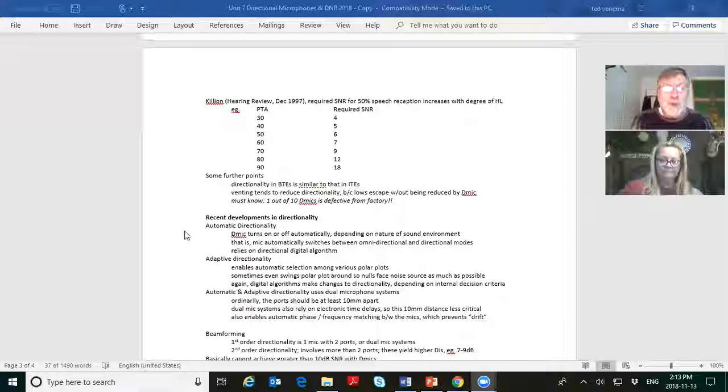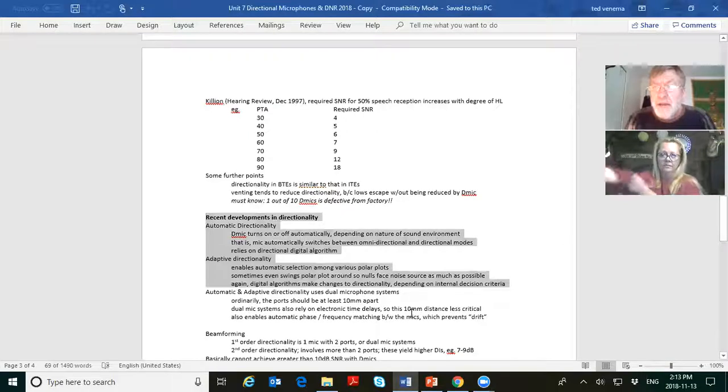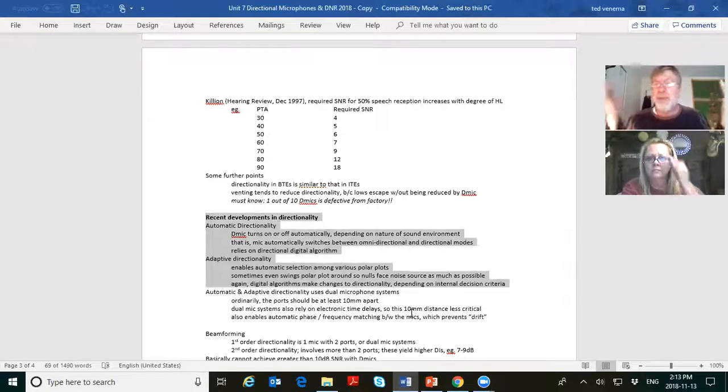So now we go to the notes, back to here. Recent developments in directionality. There's two here, okay? Automatic and adaptive. Automatic just means that the D mic turns on or off automatically, so the person doesn't have to switch. Because a lot of people forget, you know, they walk out, they can't remember to do